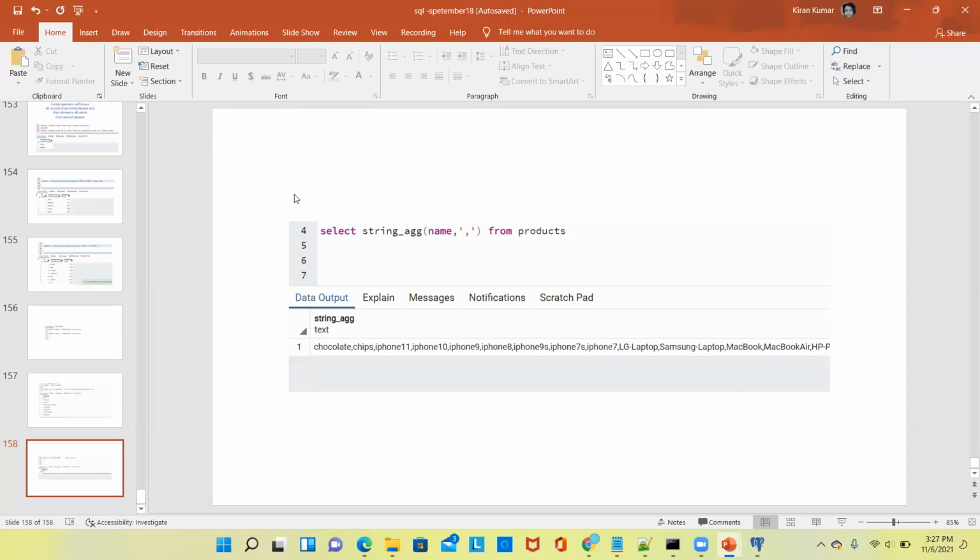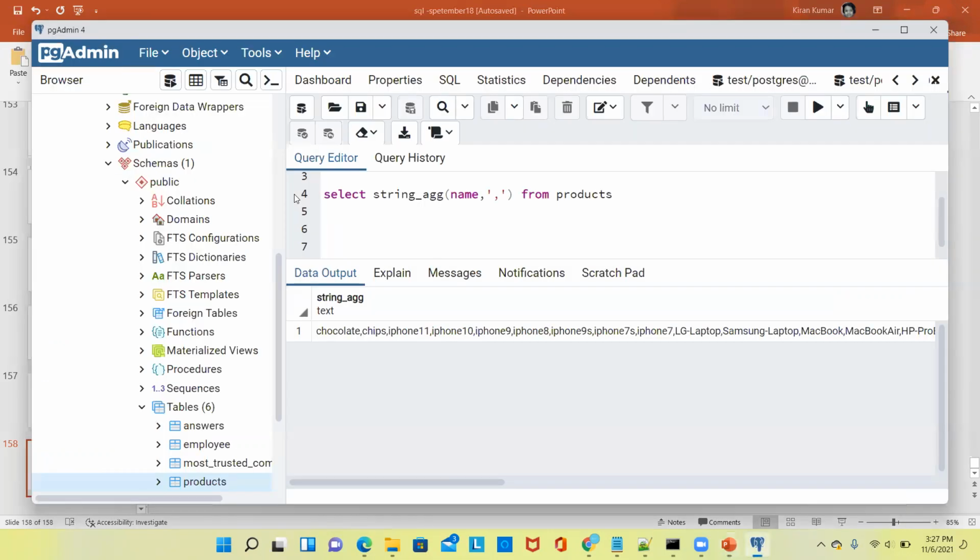Okay, the age function. What is that? The age function: I want to find out the difference between 2 dates. That particular function